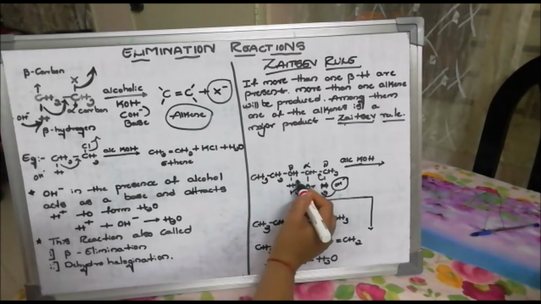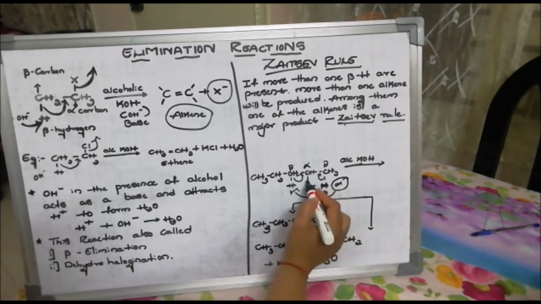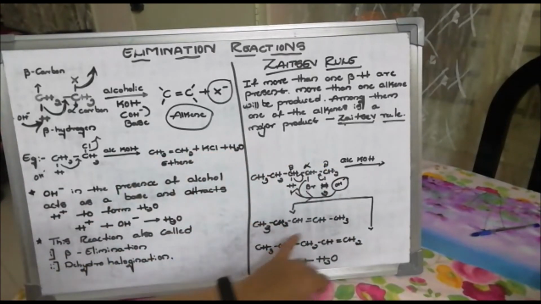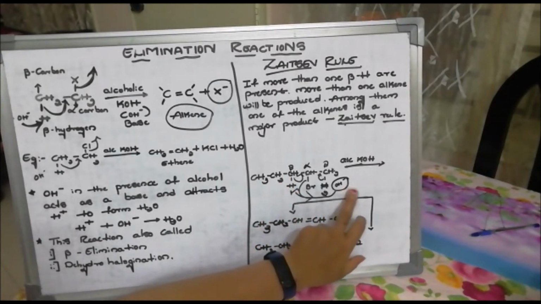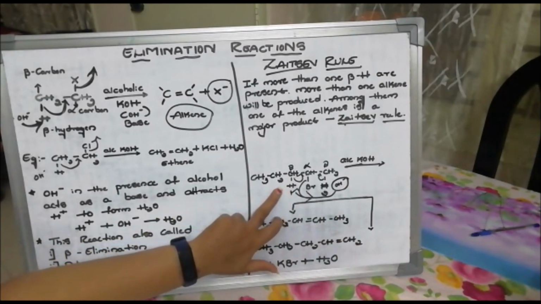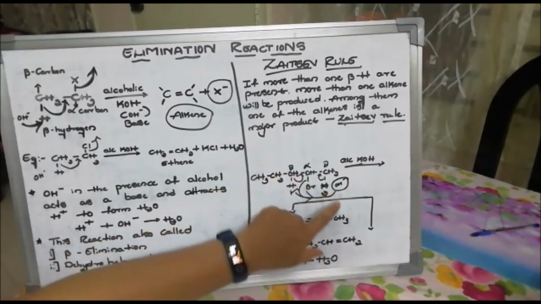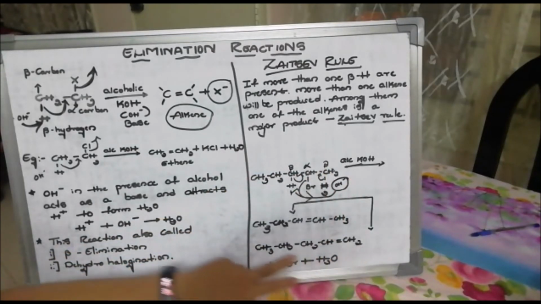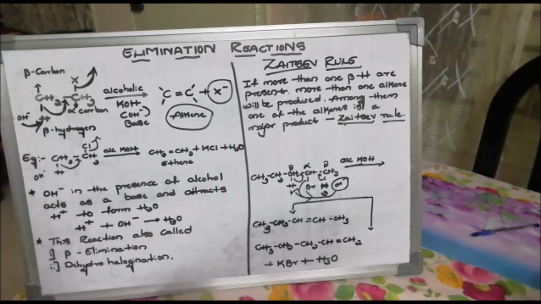This OH minus will take away the hydrogen, this bond gets shifted here, and your bromide will leave as the leaving group. Okay. So that is why here the first product is written when this OH minus attacks your first beta hydrogen. Okay, this is what you get when this happens. When your OH minus attacks your second beta hydrogen, this is the alkene which you are going to get. And other things are common, that is KBr is produced and there is elimination of water.